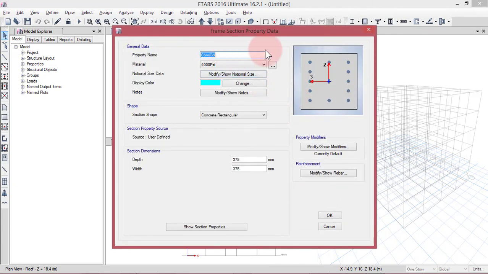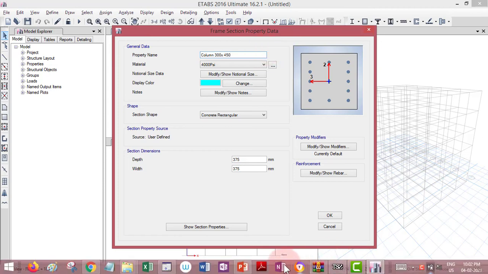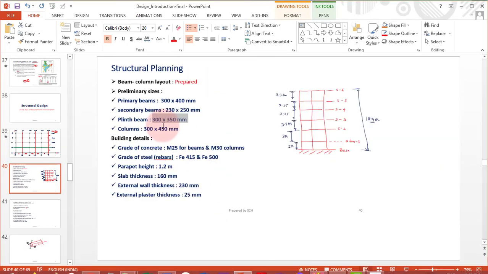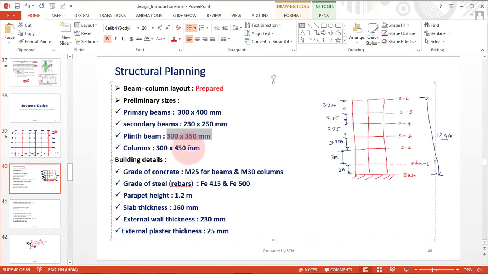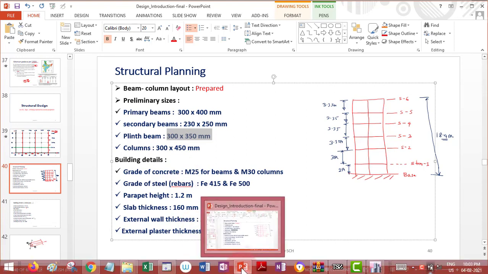So we can give the dimensions of the column. What are the dimensions? That is 300 by 450. The columns are 300 width and 450 thickness.